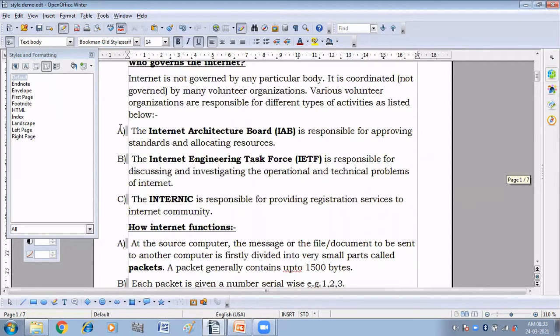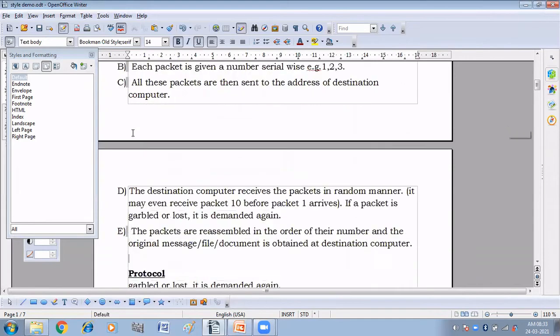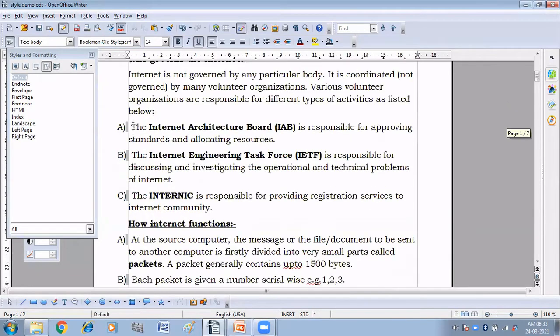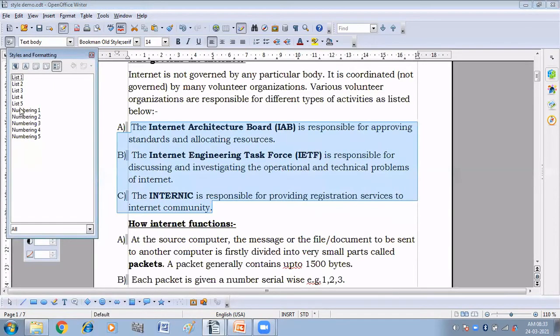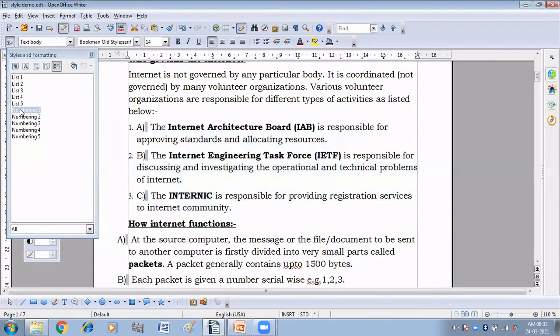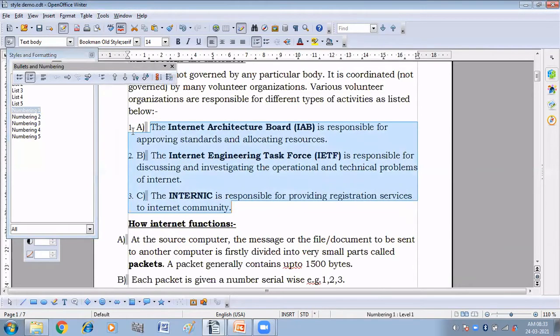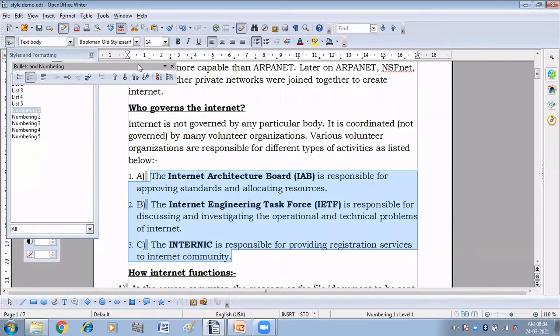Okay, then we have here list style. So let us suppose this is the list. Fine. And I'm going to numbering one. You can see numbering 1 2 3 has come here, right? Okay, or you can apply some other style in this. Okay, we have got bullet and numbering dialog box also.